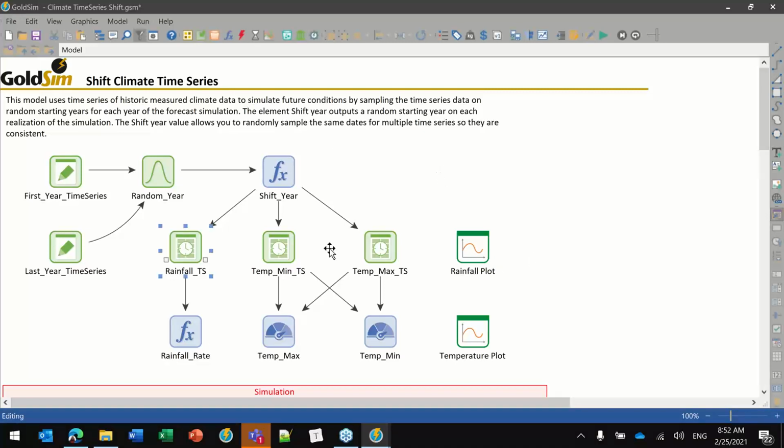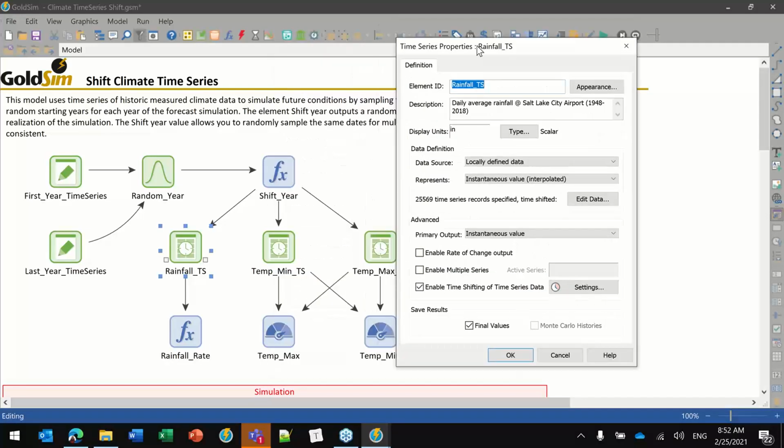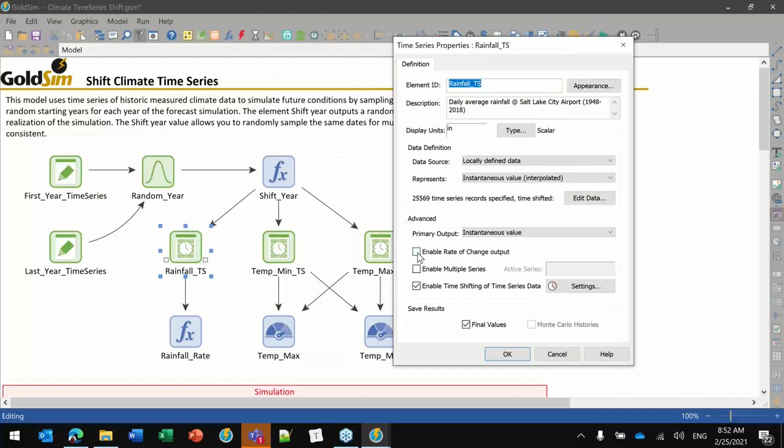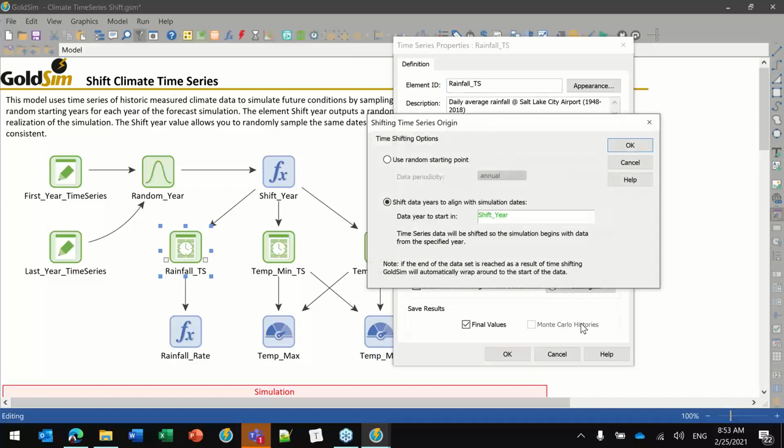So let's open up one of the time series and look at how that's configured. This is, again, an advanced feature of a time series. So you click on the advanced button and then this thing expands down here. Shifting is down here as this bottom checkbox. You check that and then you click on the settings of that and it will show you different ways of doing shifting. And shifting, what it means is on each realization of a Monte Carlo simulation, it will pick a different point in the